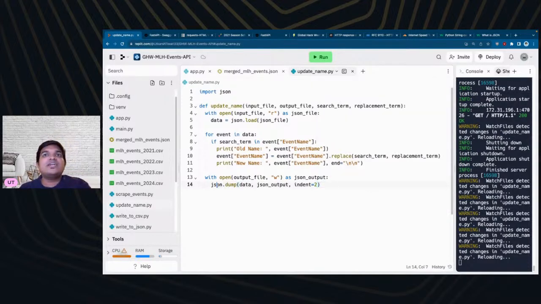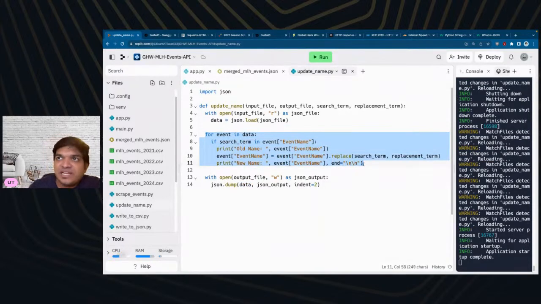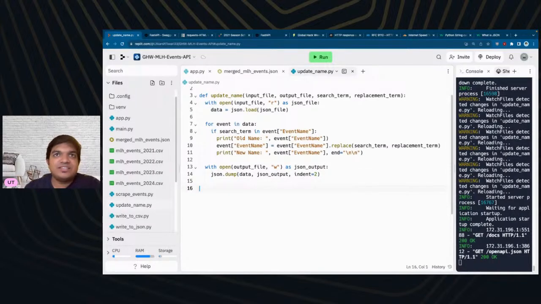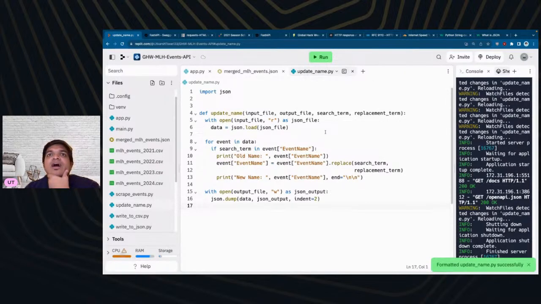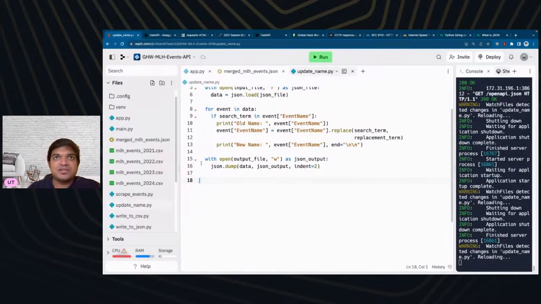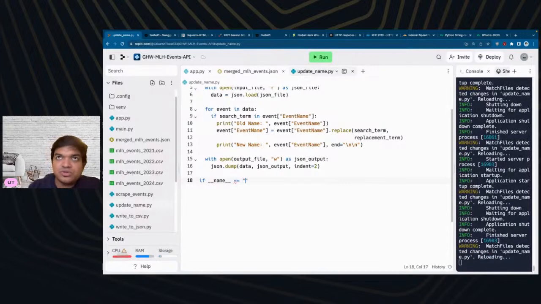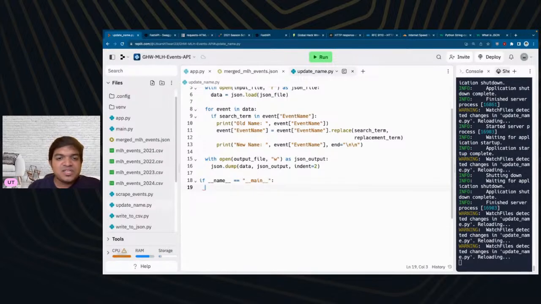So we are dumping all the data, but at the same time, if that data has been replaced, we'll also add that in the JSON output. So the JSON output is going to change. Perfect. Now, how do we run this? I don't want to click on the run button and run it. Let me show you a way to run a particular file. It's pretty simple. You do an if underscore underscore name equals underscore underscore main underscore underscore. Then at that time,